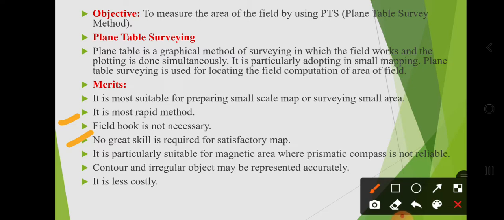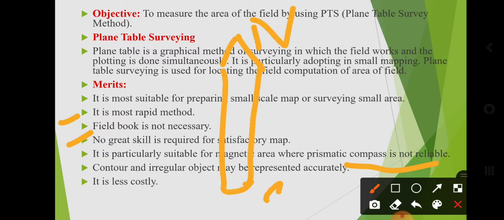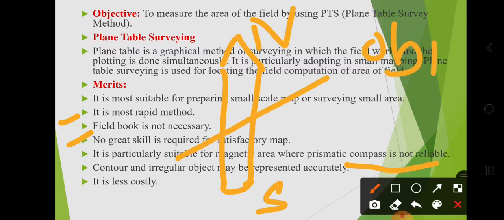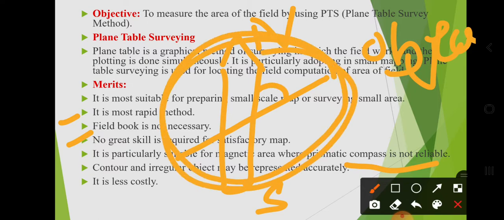It is particularly suitable for magnetic areas where prismatic compass is not reliable. Prismatic compass, it will show us the north south direction and we will measure the angle. For example, this one is object and we will measure the angle with north direction with the help of that prismatic compass. But in some magnetic areas, if there are some electric poles or some another one